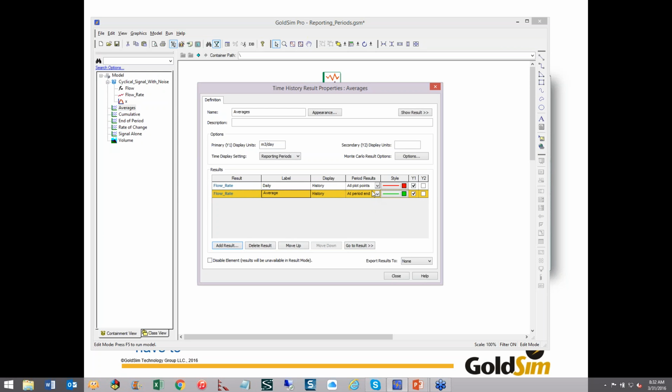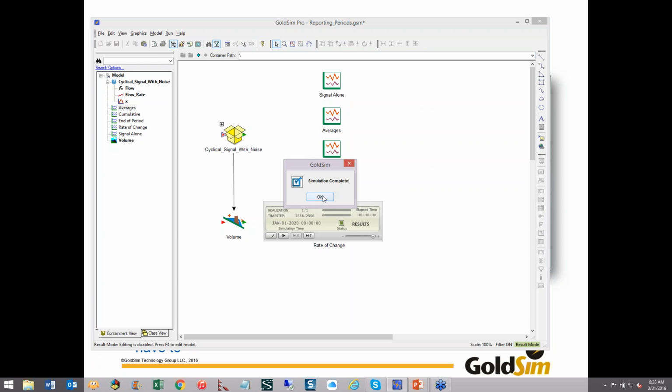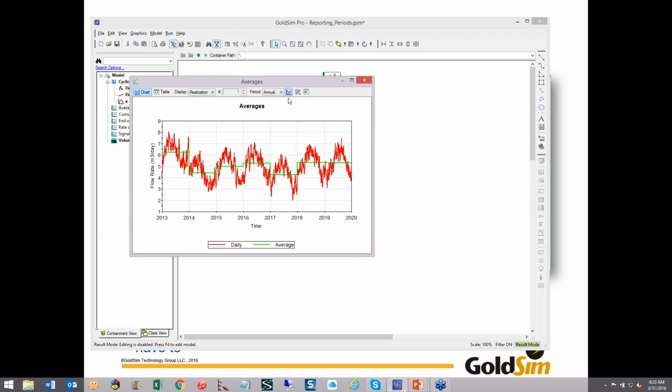And now I'm going to tell GoldSim I don't want to see all plot points. I want to see the averages. So on the same plot, I'm going to have all plot points and the averages. So now when we run this model and look at this guy,